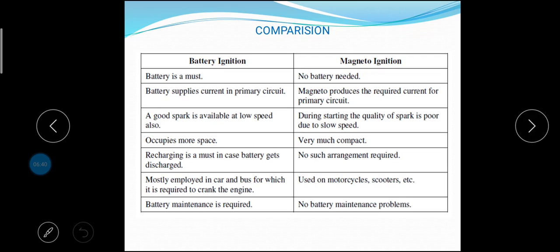The time available for building the primary current to maximum, which is the basic necessity for a good spark, decreases with increasing speed with battery ignition as discussed earlier. This may cause the misfiring of the engine, but with magneto ignition system this does not happen and the reason for the same is explained earlier. It is the time required for the current to develop its maximum value in the primary and this time is allowed when the engine is running at higher speed. So these are the main differences between the battery ignition system and magneto ignition system.